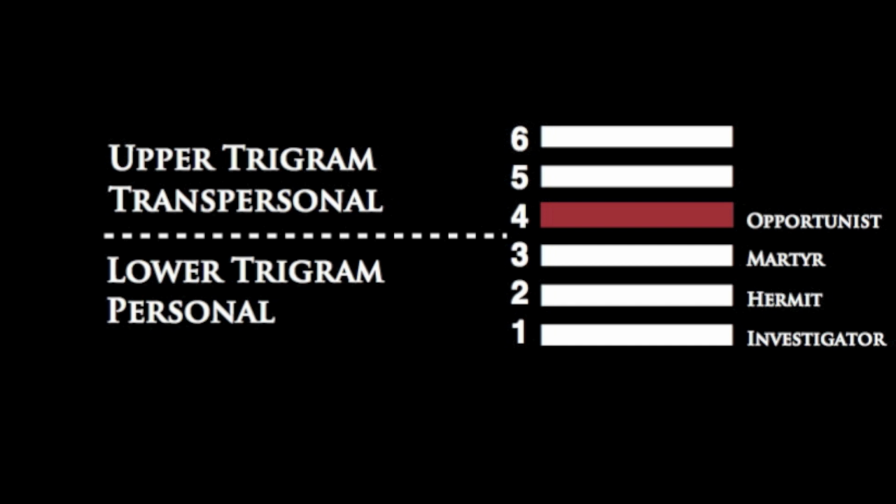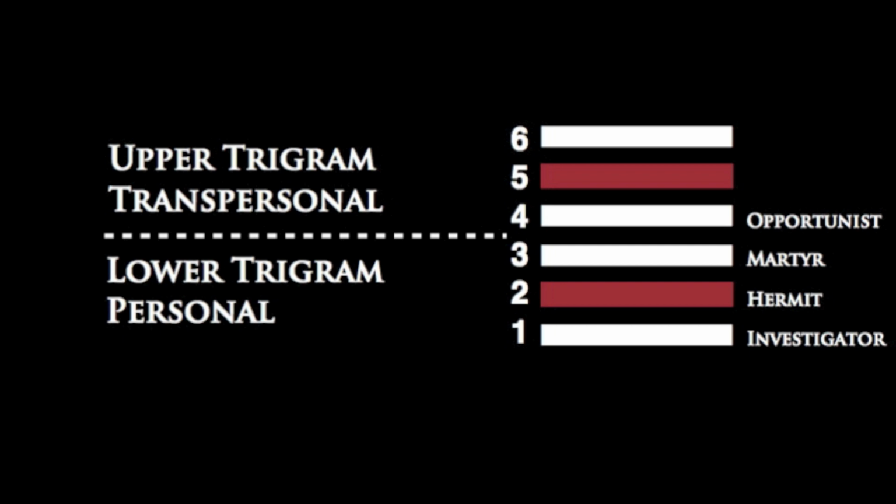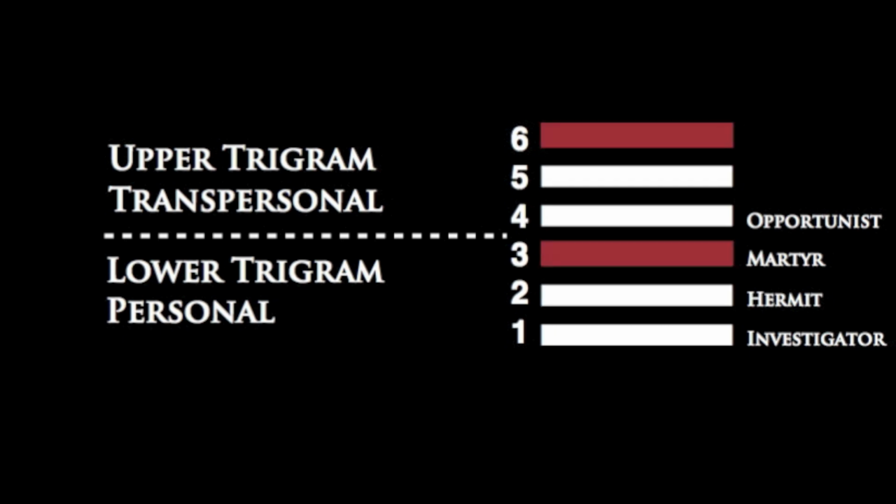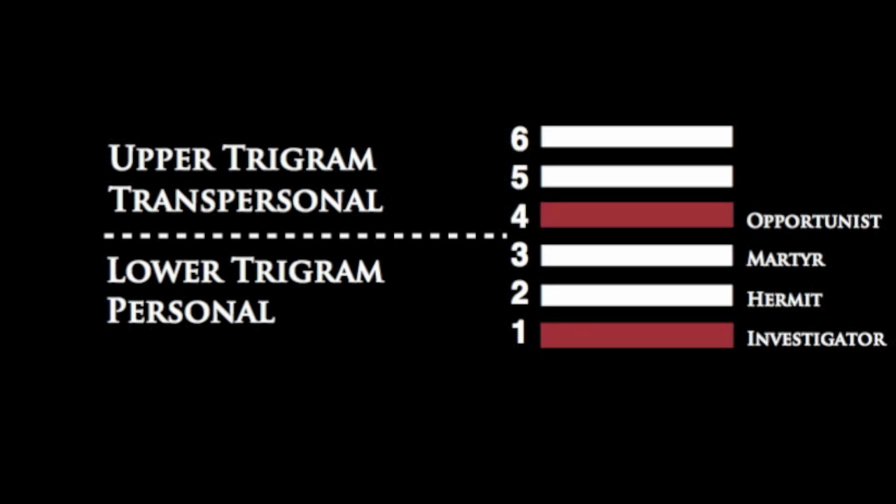One of the things I'll start bringing up here is that the lower trigram is related to the upper trigram, in that you could think of it as the first line being mirrored in the fourth line, the second line being mirrored in the fifth line, and the third line being mirrored in the sixth line. These lines relate to one another in that sense. Say, the first line is the base of the lower trigram, in the same way that the fourth line is the base of the upper trigram.